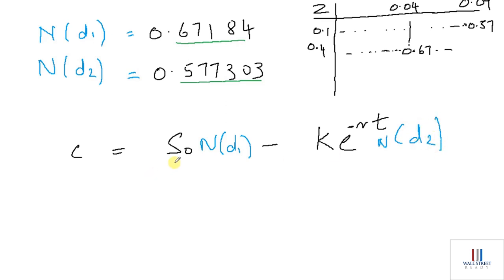So you can start with the most basic ones: today's stock price minus strike discounted at the risk-free rate of return using the compounding risk-free rate, and then N(D1) and N(D2). So that gives you a call option price of